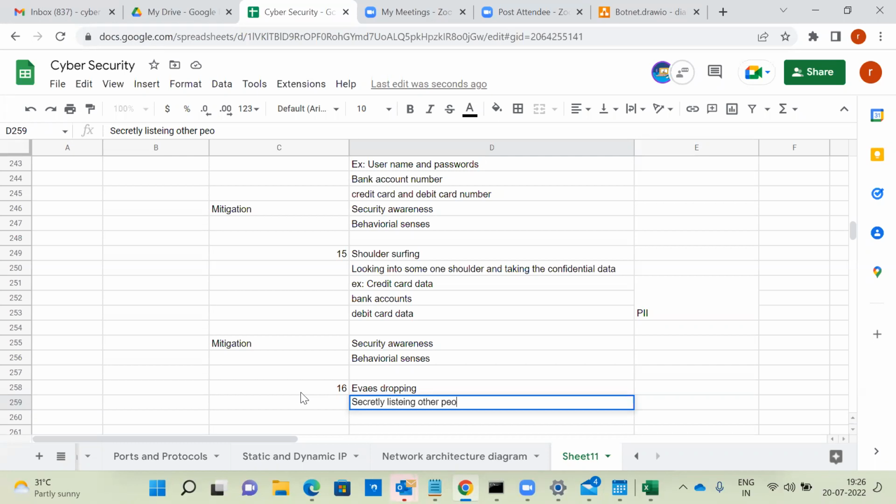Sorry, it is nothing but like MITM, right? Yeah, MITM, that's right. An example is MITM, that's correct. Okay, secretly listening to other people's conversations,